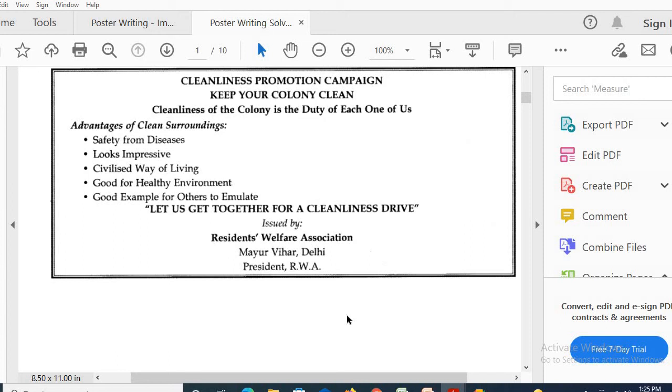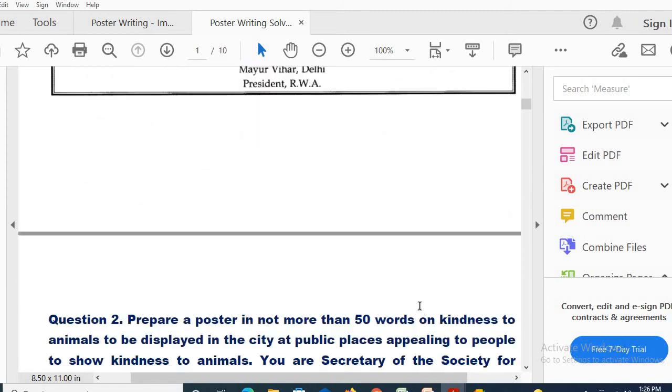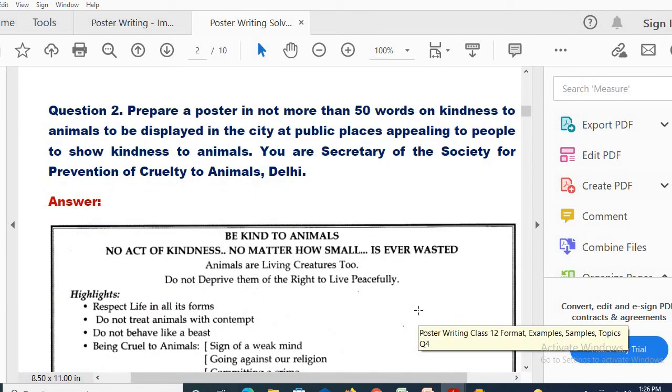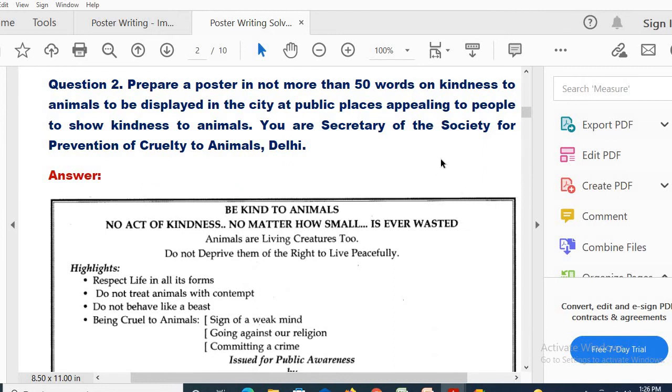So these things are very, very important. Finally, after summing up everything, then you draw the box. Don't draw the box beforehand. I suggest you draw it with pencil after you complete it, but don't draw it before that. Okay, now I am moving on to the next one. I hope this is also very much clear and can be seen by all of you.